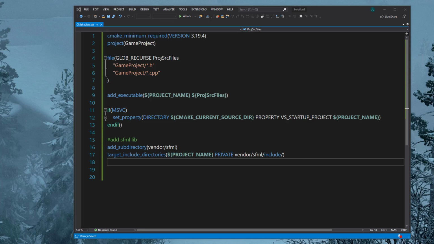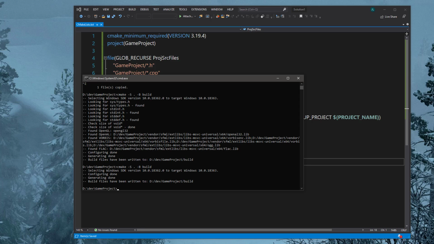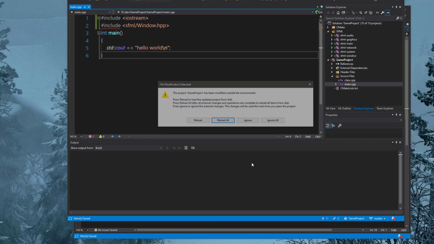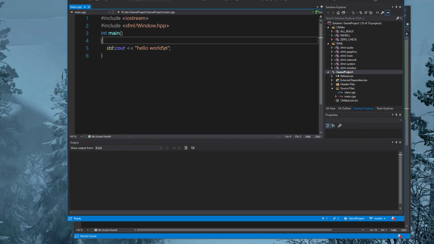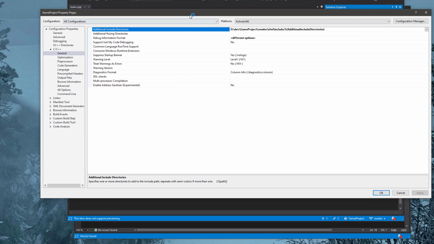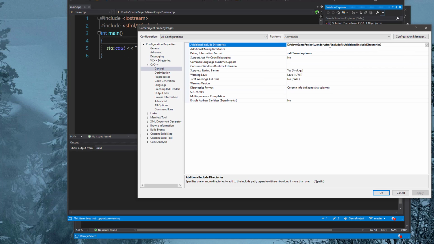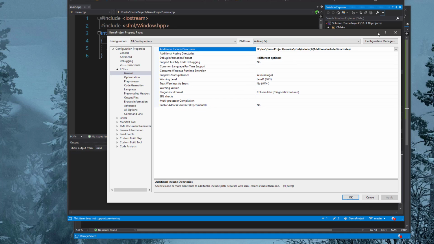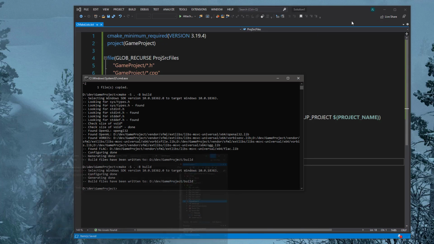So I guess we can go step by step, right? Now we can just rebuild it again. Now back here to our project, you can see it's asking for reload. So let me reload again. This time you can see the include is already working, right? If you go to the properties and look at our additional include directories, you can see that's added. Alrighty, cool. So that fixed that include issue. So we have all the header files we ever need